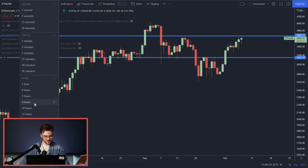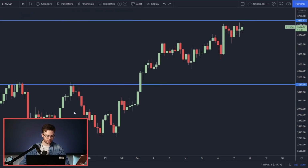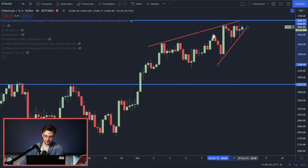First, some context. Moving down to the 4-hourly chart, you can see that over the last 7 days, Ethereum has been in a major uptrend. And that makes sense because Bitcoin has been uptrending as well. You can see in 7 days, Ethereum rallied $860, 31% to the upside. But now it seems to be forming what we would call a rising wedge. You can see that wedge forming right here, and it indicates that we might have a short-term break to the